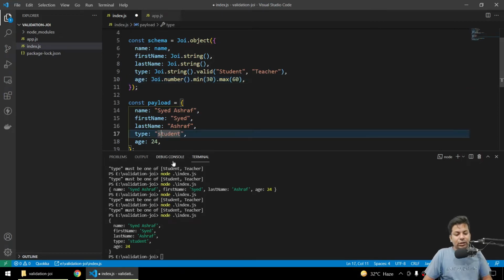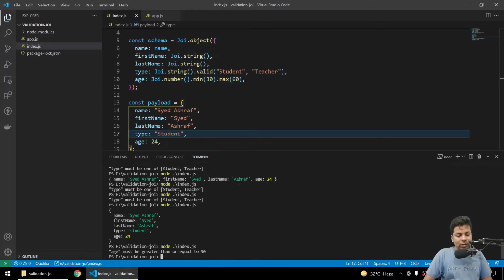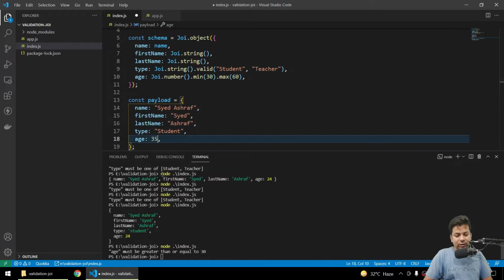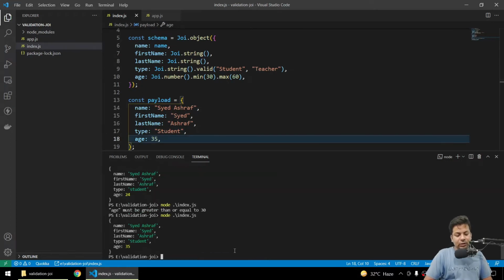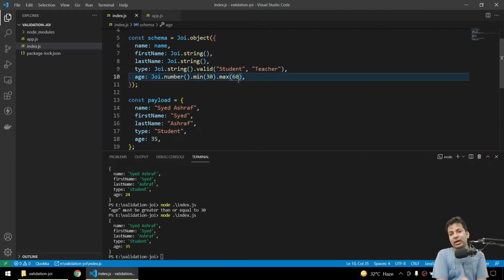But if a student sends the data, age must be greater than, yeah, if I'm sending like 35, you can see it passed because minimum 30 and maximum 60. But this validation is just for teacher. If teacher data is coming, then it should be valid.